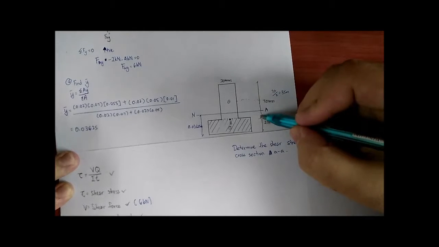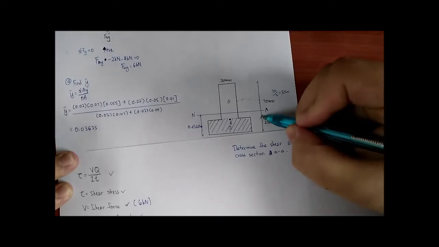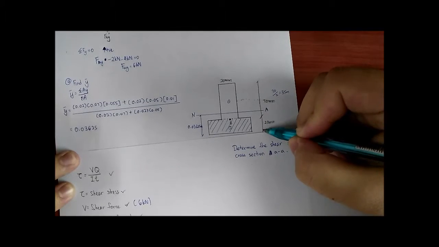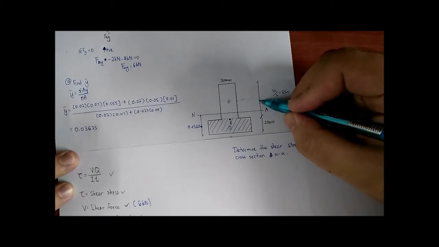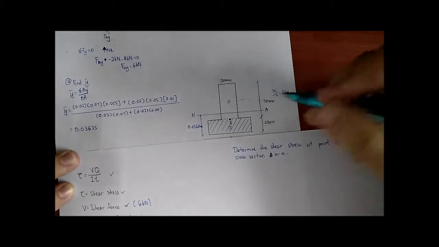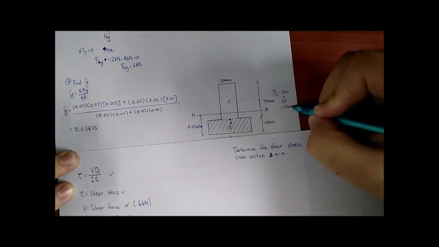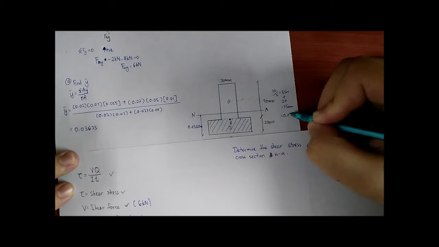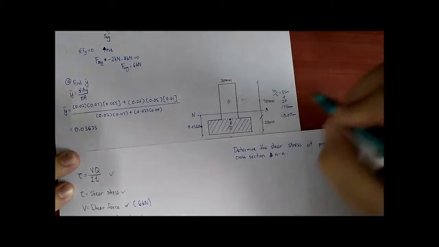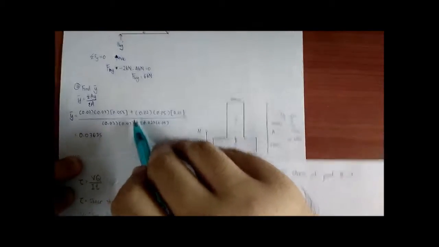But 35 millimeter is from here to here, so we need to add another 20, because we need to calculate from the bottom to the centroid of the area. So 35 plus 20 is equal to 55 millimeter, which is also 0.055 meter. So 0.055 meter is this one. So we need to add